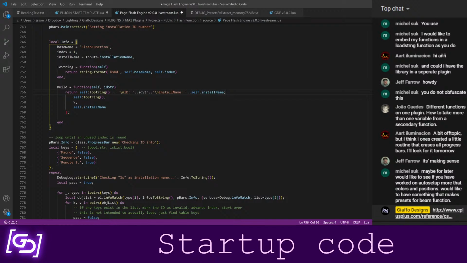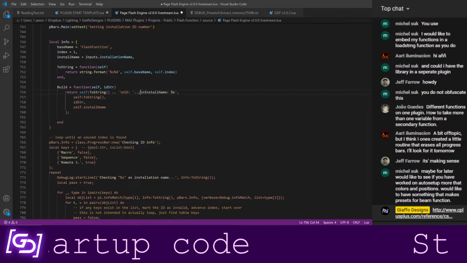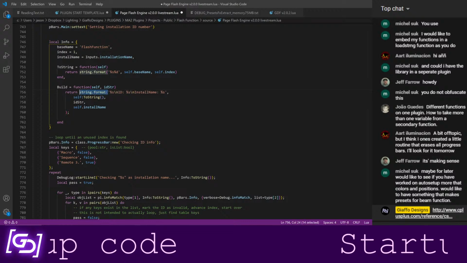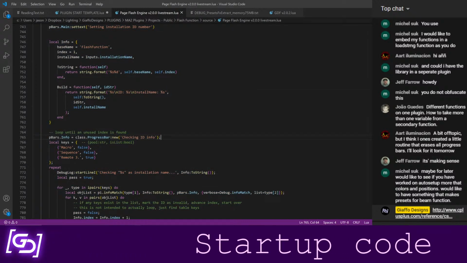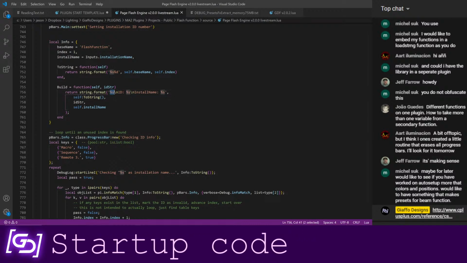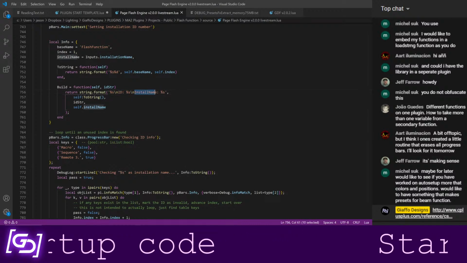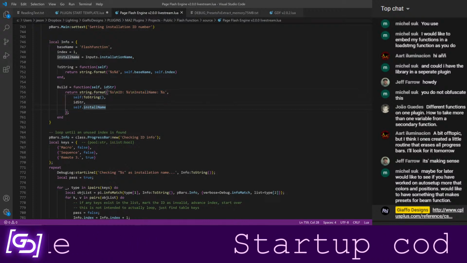I just personally find that a hell of a lot harder to work with, and it takes up so much extra space, versus when we undo all of that. Versus when I can just see that it's going to be something on one line, then ID something on the next line, then install name something on the line after that, and then I can just provide my arguments in a list here.